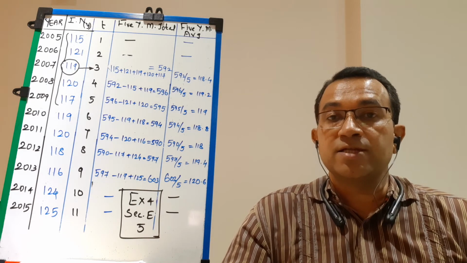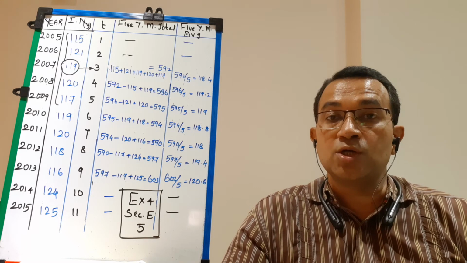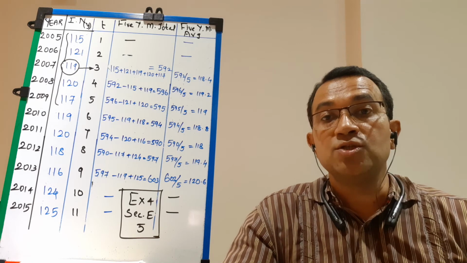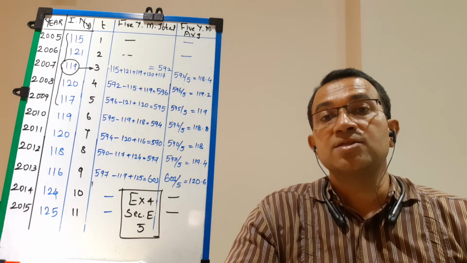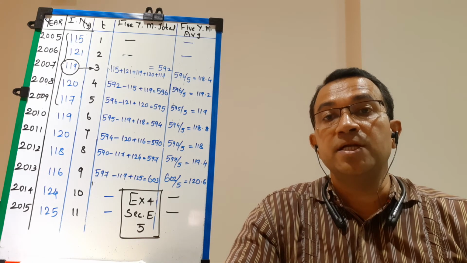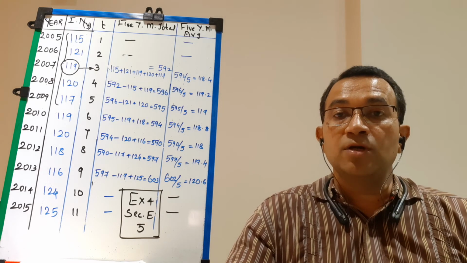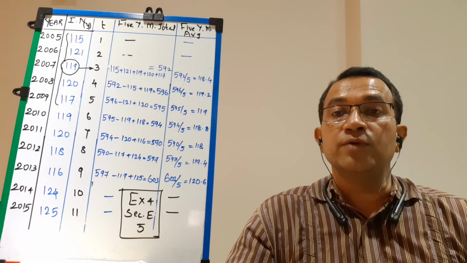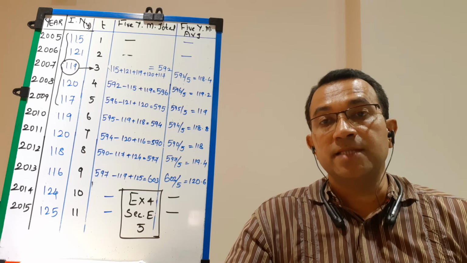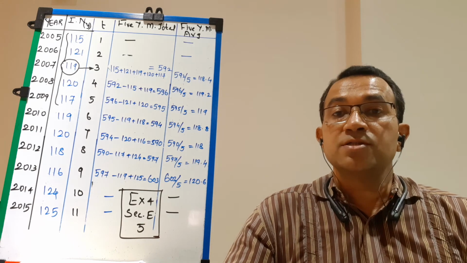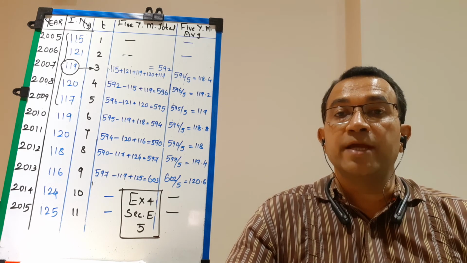Okay, so in this lecture we have only 2 parts. In the 12th lecture we will have 4 parts, as I have to teach you 4 sums, and each sum will take a minimum of 7 minutes. So that we will do students, don't worry. Now only the last topic, 4 yearly moving average, is pending. That we will do at ease. So this completes our 5 yearly moving averages.